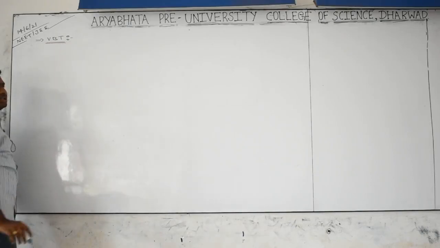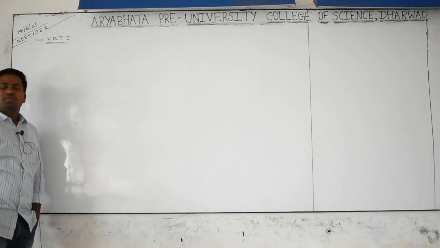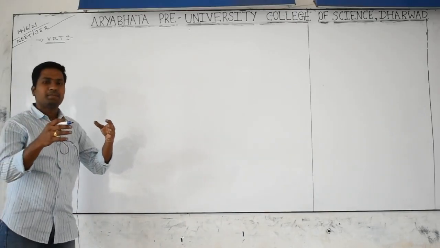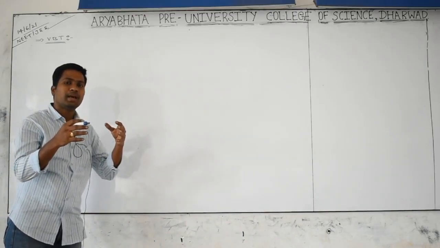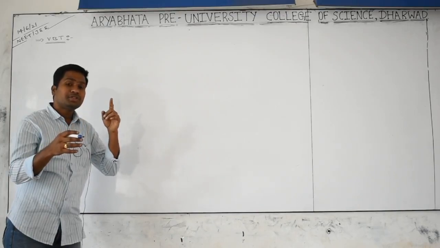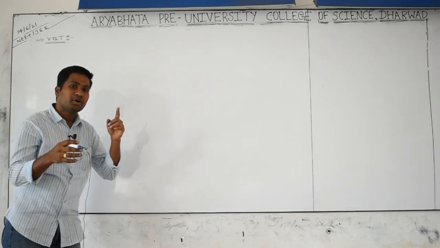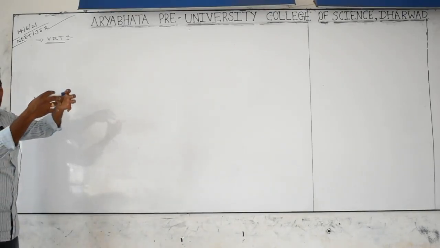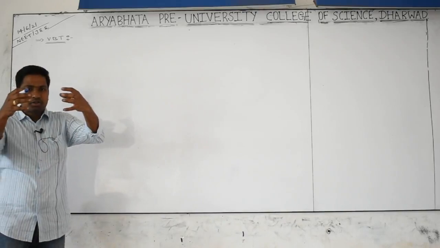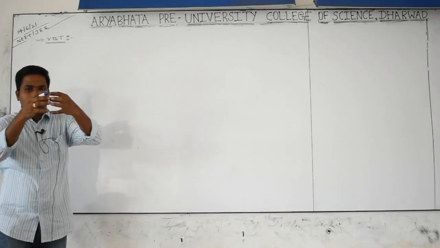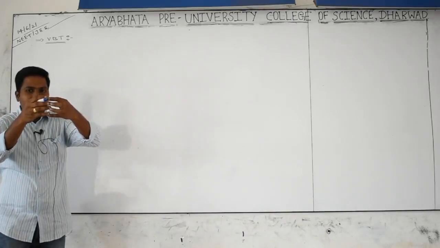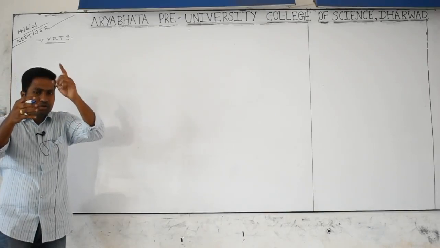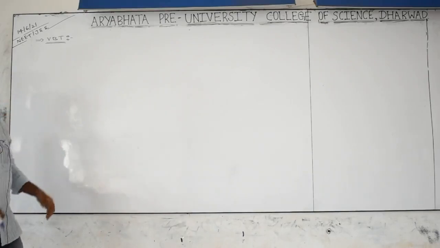What is valence bond theory telling? According to valence bond theory, a covalent bond is always formed by overlapping of valence shell atomic orbitals which have a single electron. That is a compulsory condition. Overlapping, that is intermixing of atomic orbitals, is possible only when the atomic orbital coming from the last shell of the atom has a single electron. Then only overlapping happens.